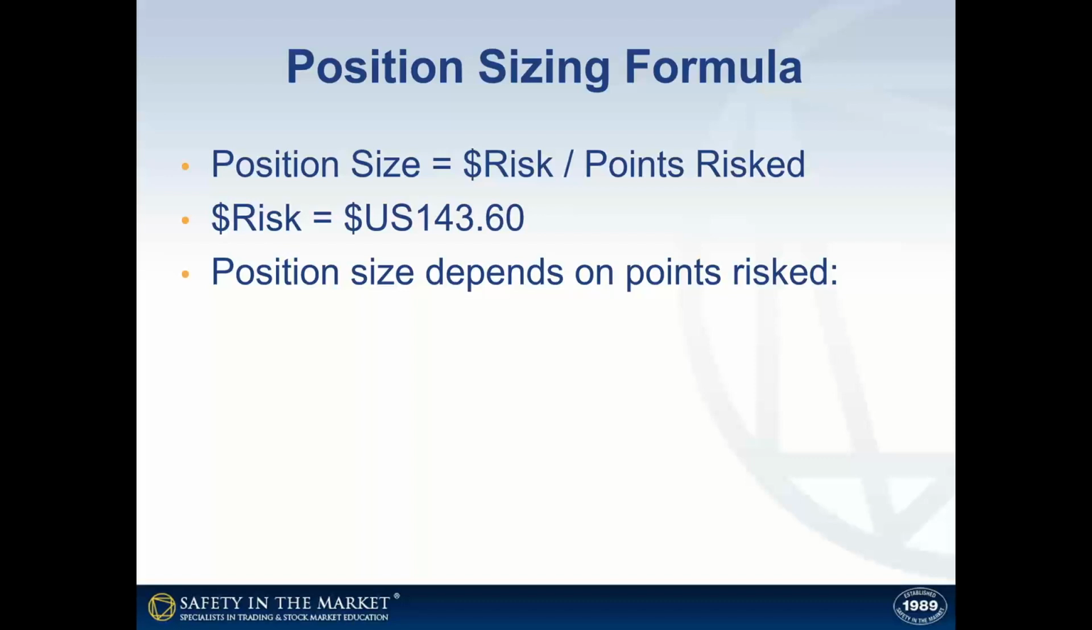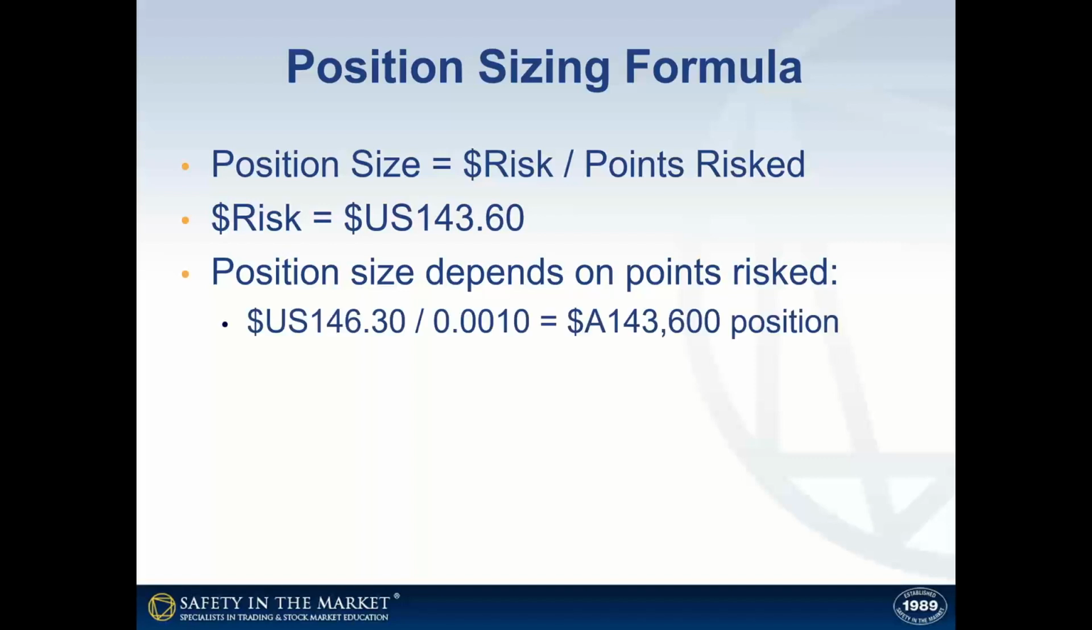So we're not changing the $143 in this case. We're prepared to risk $200. How close we get in to the turn will determine how many points we're going to risk, and of course, how big our position size will be. So if we get in with 10 points of risk, so we get in really close to the turn,